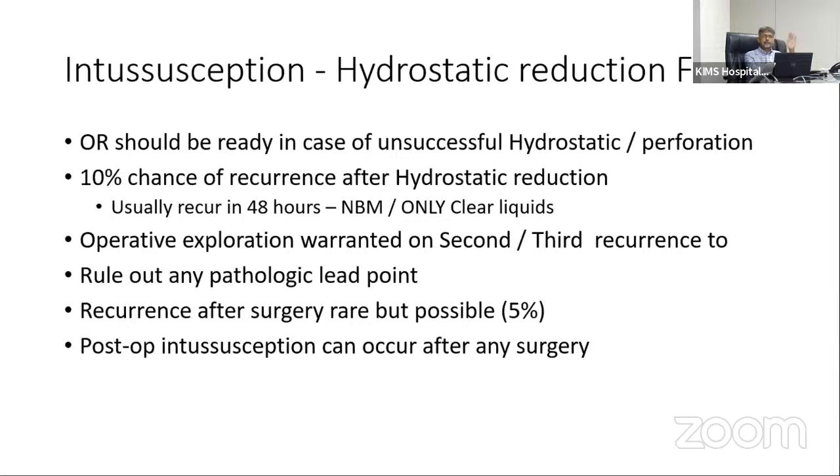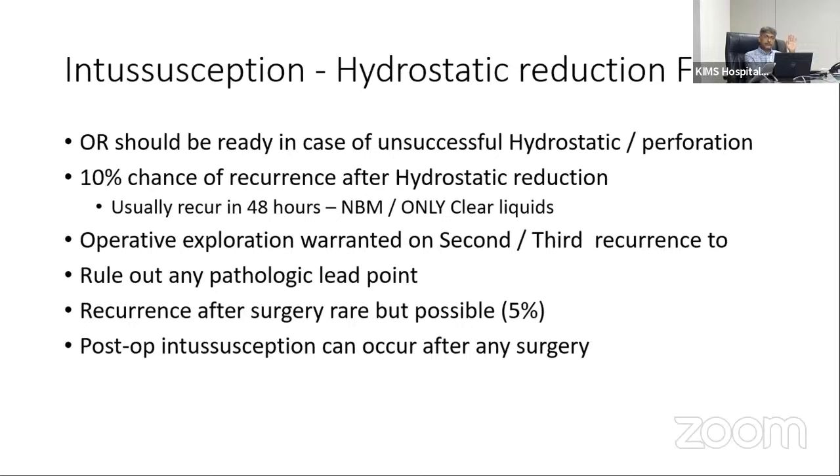The other thing is that there is a 10% recurrence after hydrostatic reduction. So don't budge to the family's concerns of "my child is crying, my child is cranky." Don't do that. Don't give anything to them. Other thing is,